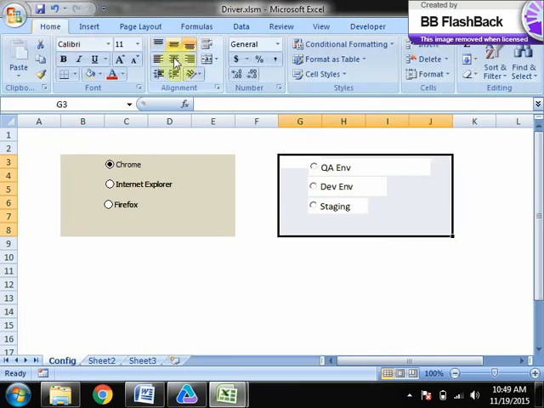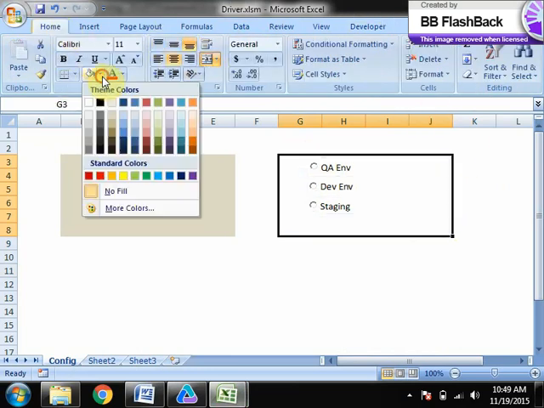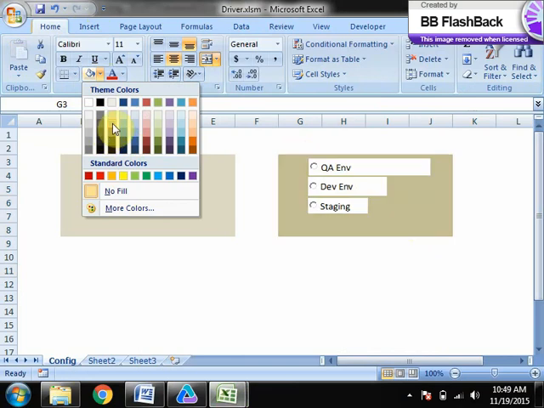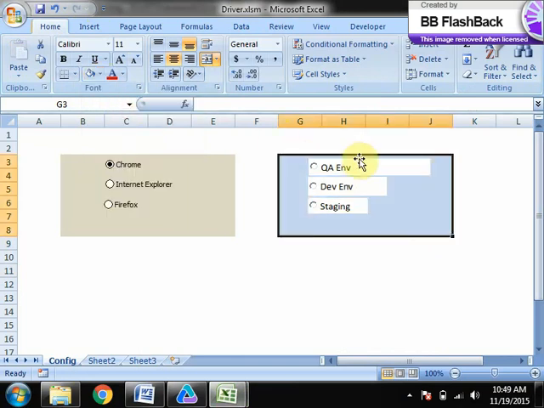You can merge them and group all of them. It's giving background colors and all, which is just optional, only to make this more visible.